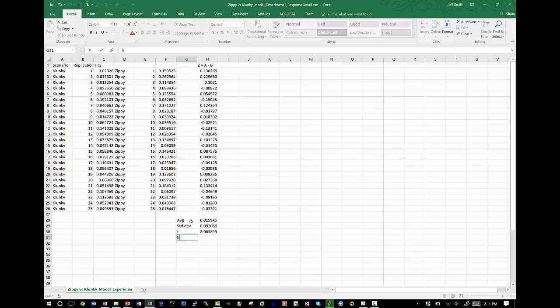So we can compute the half-width of the confidence interval. The half-width of the confidence interval is equal to t times the standard deviation divided by the square root of n, the number of replications. And so the half-width of the confidence interval is 0.03811. Also note that we can use the confidence function. We want to use a t-confidence interval. So we can put 0.05, then our standard deviation, and then the size. So we have 25 replications,